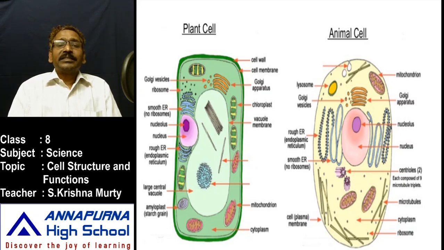So the cytoplasm is a diffused material all over the cell except the nucleus. That's why I told you, without the nucleus, all the remaining material, the different kinds of components within the cell, are included in the cytoplasm. That is the second important organelle in a cell. In a plant cell, the cell wall is additionally there. That's why this is the third one.